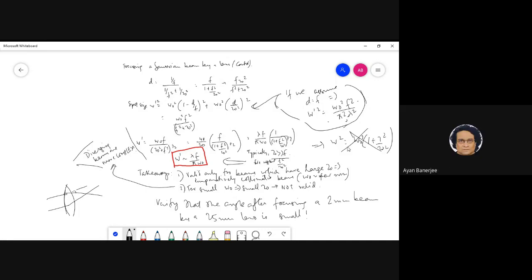I'm saying that basically means the waist will keep on increasing. So the inherent assumption here is that the initial waist is reduced. That is a big assumption. Whereas here you keep on saying that the waist will diverge. So even if you keep a large focal length lens, its effect will still be to shrink the waist of the beam somewhat. That is true, right? That is an interesting thing.